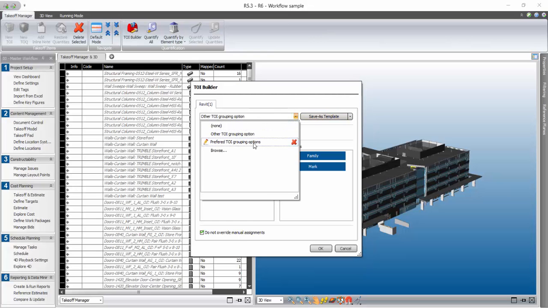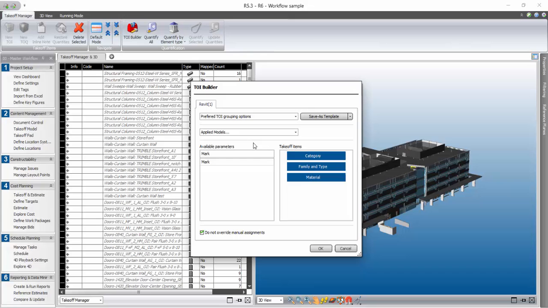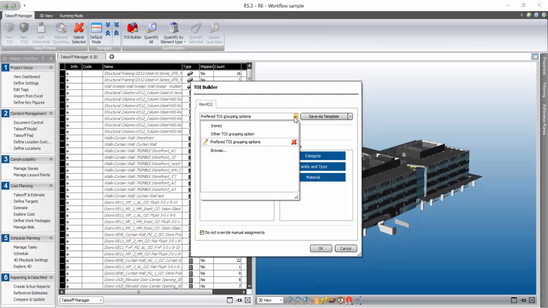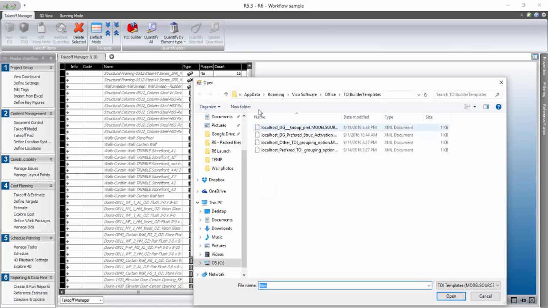And then also I've got this drop down here which gives me a couple more options. So if I pick my other template, you can see it automatically changes the selection. I can click this pencil here on the left in order to rename the template and just hit Enter when I'm done. I can go to Browse down here at the bottom and import templates that are on other project